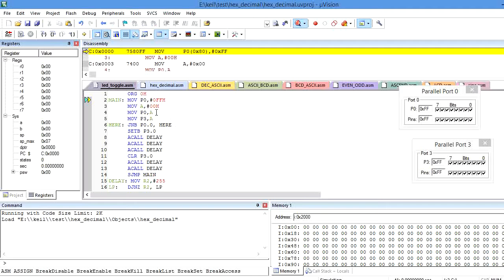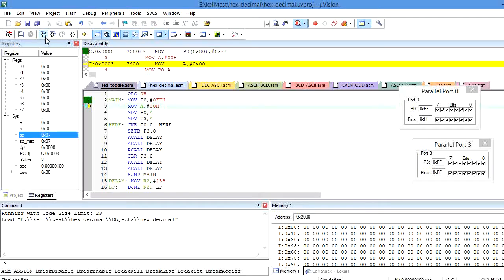Okay, so before that I am going to configure port 0 as MOV P0, #0FFH, because the port 0.0 pin is connected to the input device called DIP switch. That is why I am going to assign 0xFFH here by using the instruction MOV P0, #0FFH. Okay, and all the pins of port 0 I tagged as input pins.